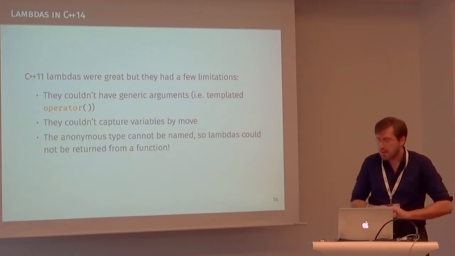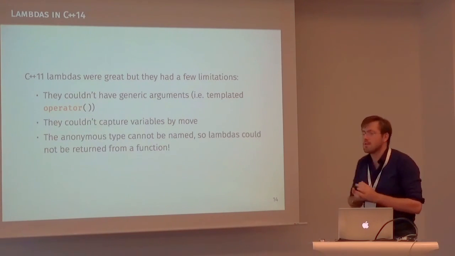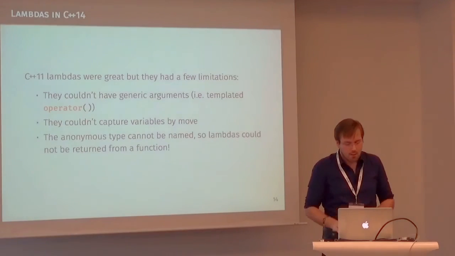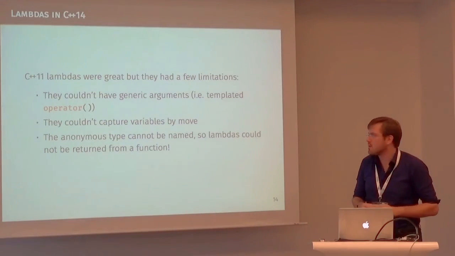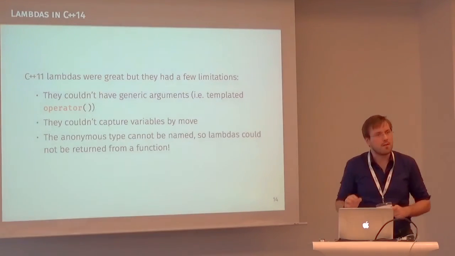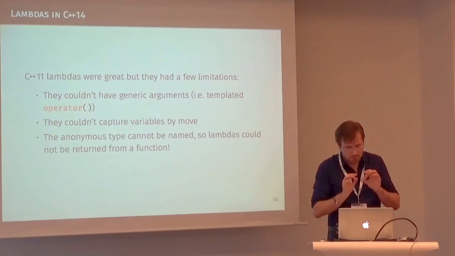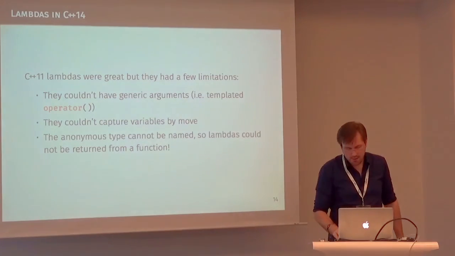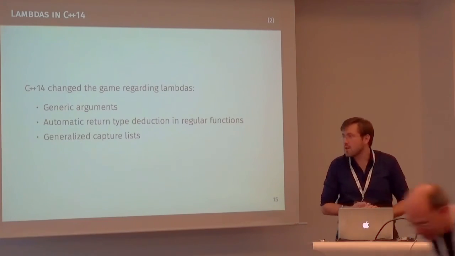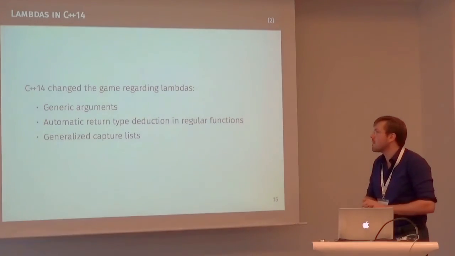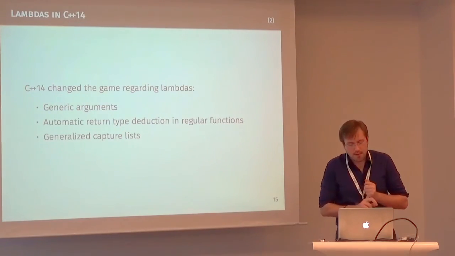And the anonymous type cannot be named, so this means that lambdas could not be returned from a function, but we want to be able to return functions from other functions, okay? Because that's the point of higher order functions and the single most important point in functional programming. So something we're lacking, and C++14 changed the game because we now have generic arguments, automatic return type deduction, even